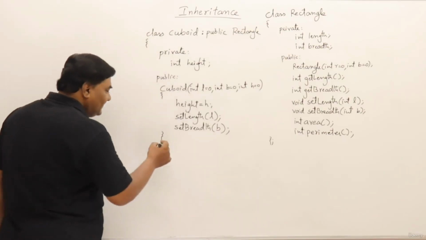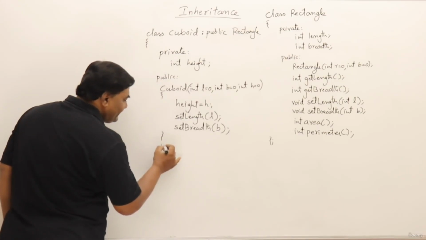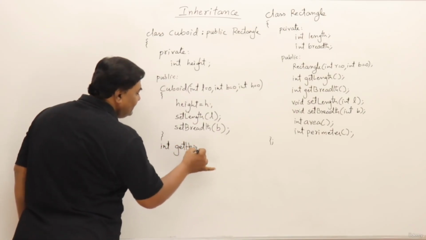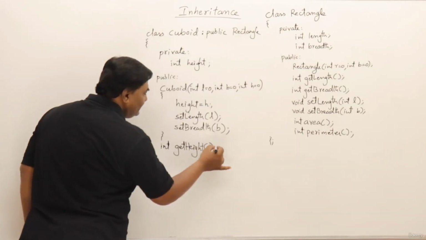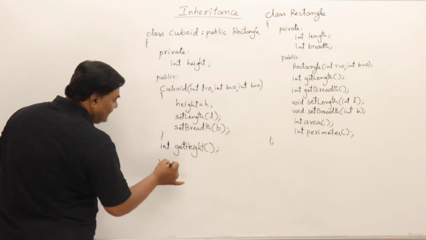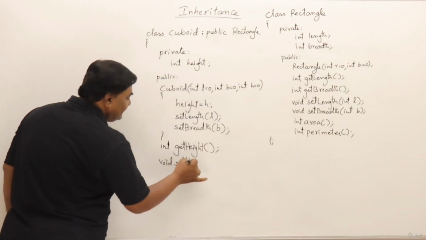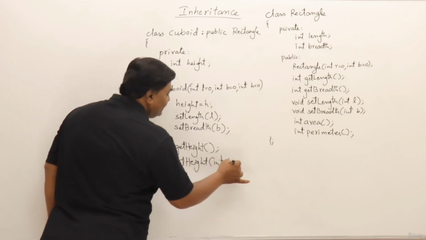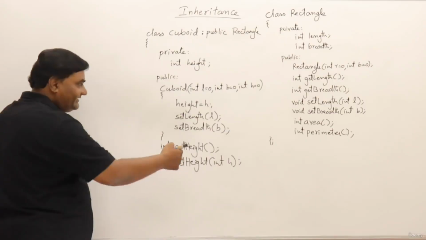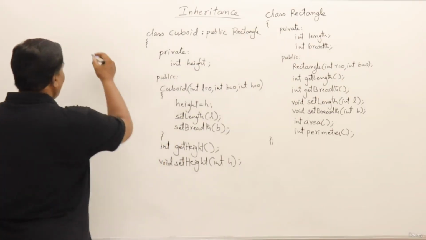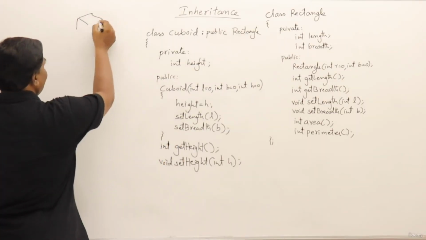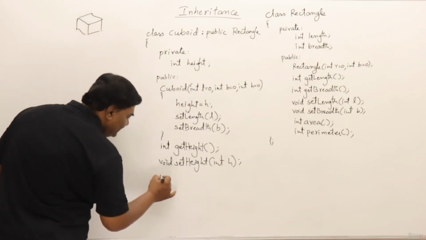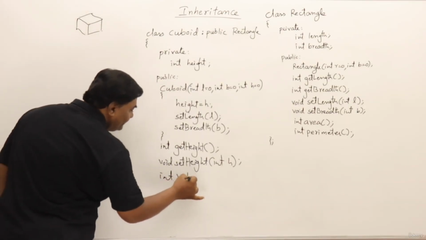Now what more do I want? I can write some methods like integer get height. This will return the height. Okay. Then set height. This will change the height. Okay. This is over. I'm just writing the signature. Now on a cuboid, you may have the volume of a cuboid. So I can implement one more method, that is volume,